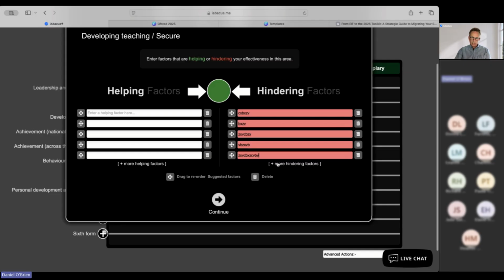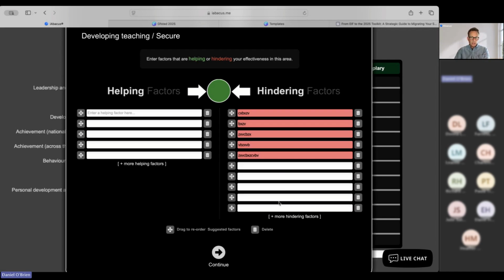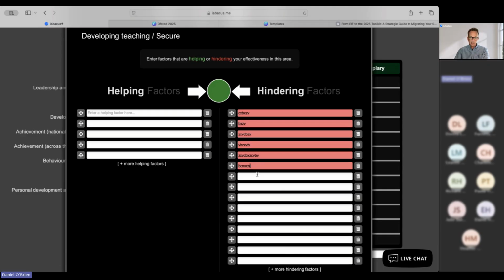When we launched iAbacus, I thought maybe 5 or 10 would be enough, but schools came back and wanted more. So you can extend this to quite a number of hindering factors. If you had hindering factors about differentiation or some lesson observations, you could have them as your first one and then your second hindering factor, and therefore if lesson observations was a focus issue,